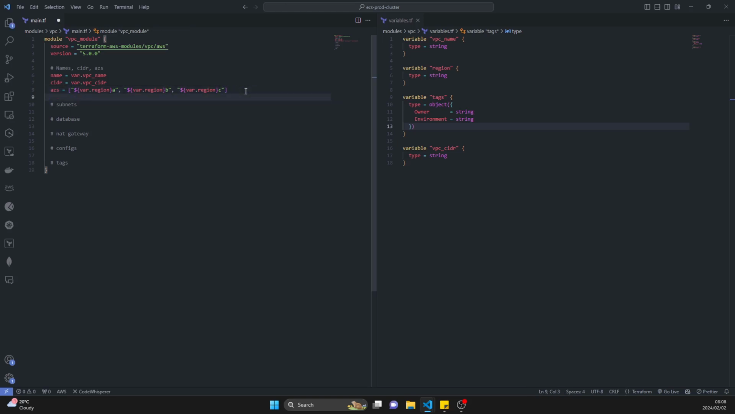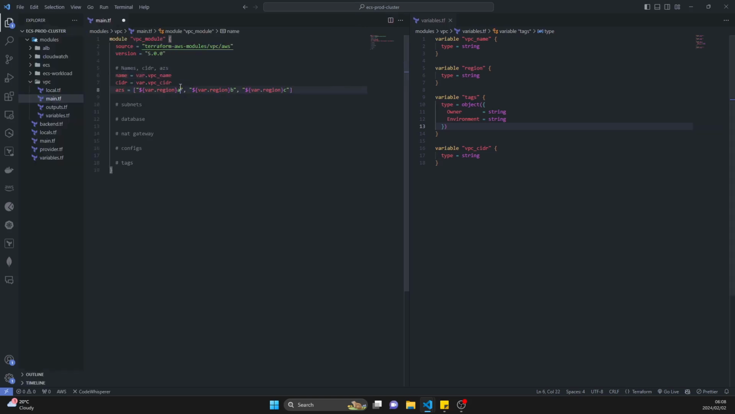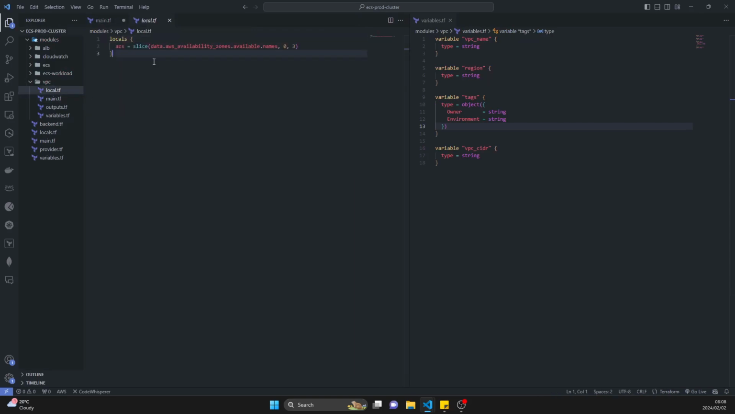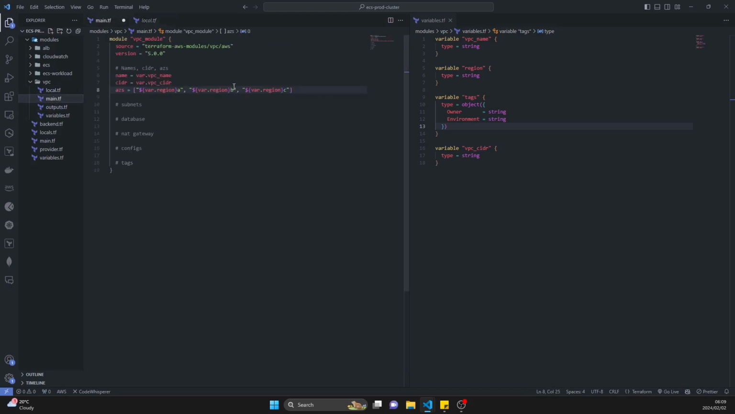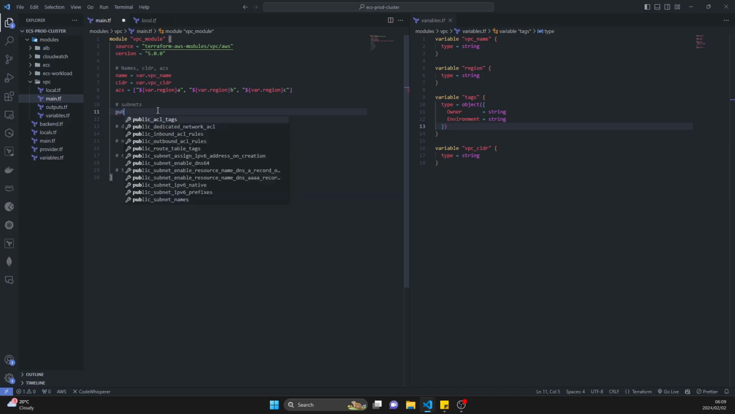Alternatively, since we have the names of the AZs here, which will essentially be the names, we could have just passed them here as well. So that could have worked, but I've just always done it that way. Now, in terms of the public subnets,